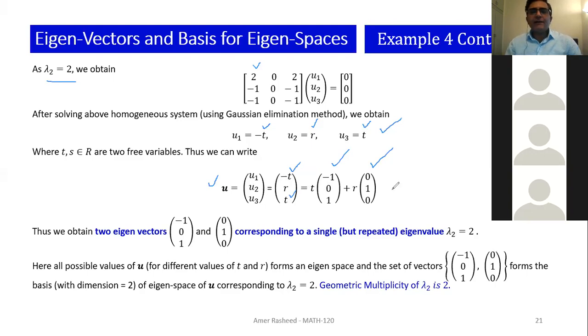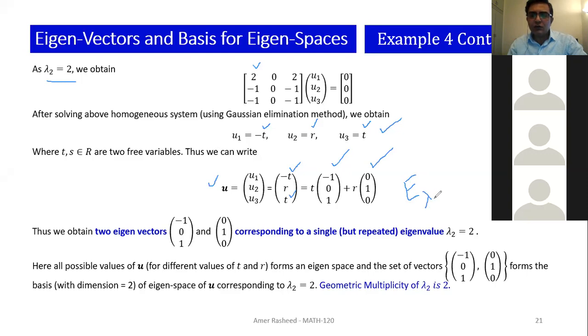So what will be the space generated by these two vectors? This one and this one. This will be a plane in R cube. And that plane will be what? It will be an eigenspace corresponding to lambda 2 is equal to 2. Now, how many vectors, or what vectors, are generating that eigenspace? We call that eigenspace E